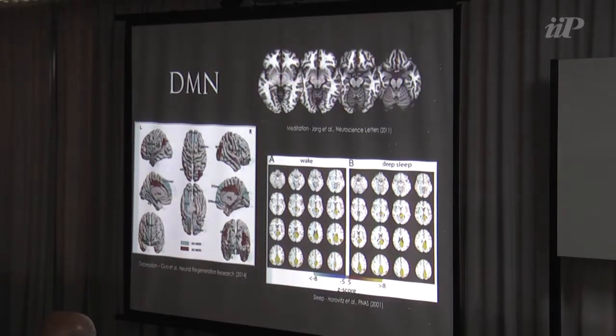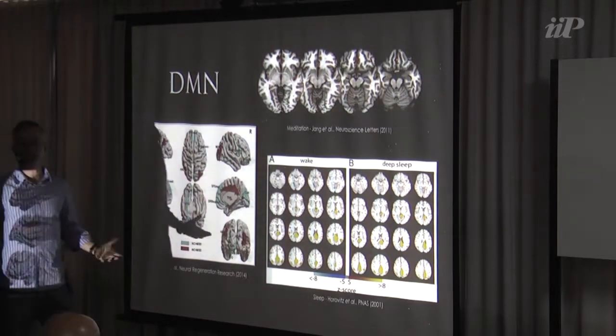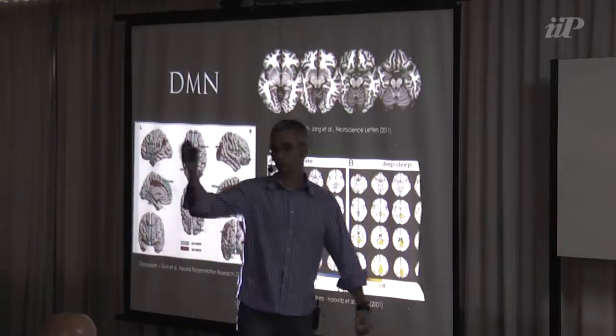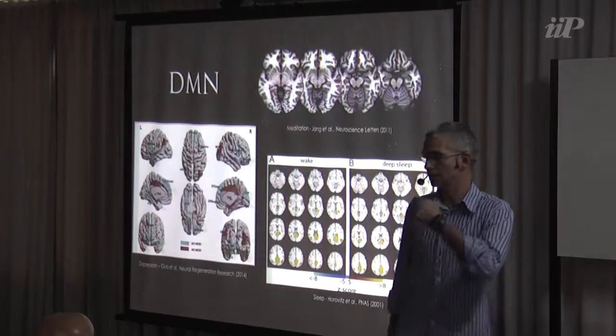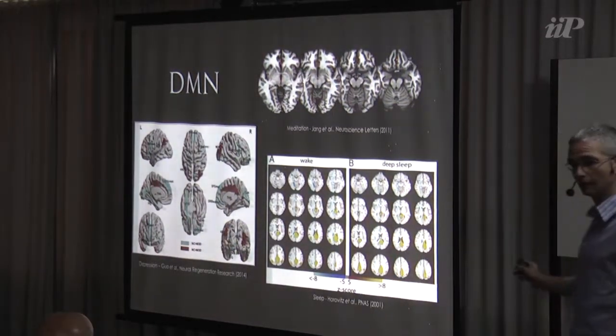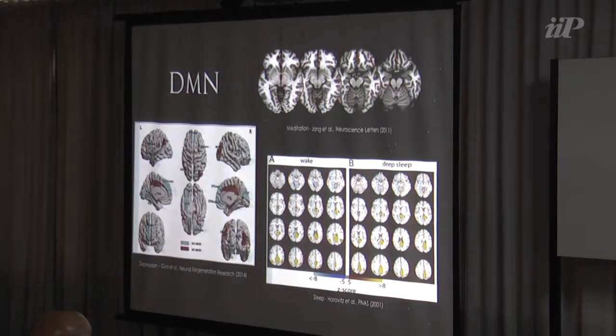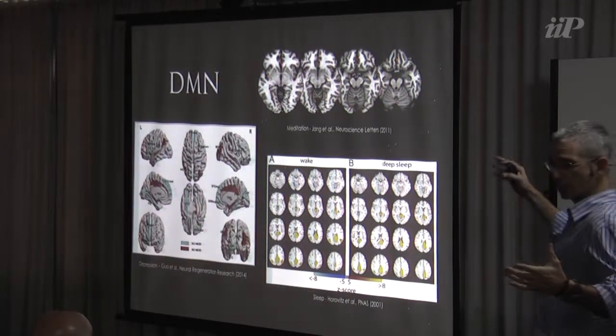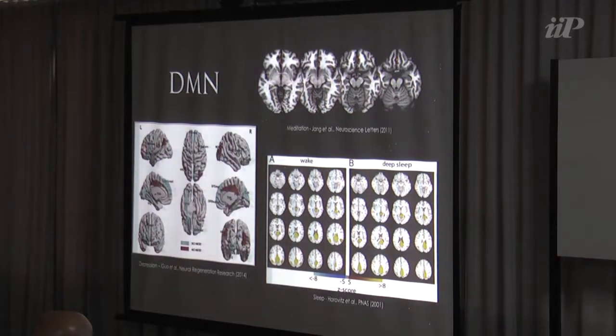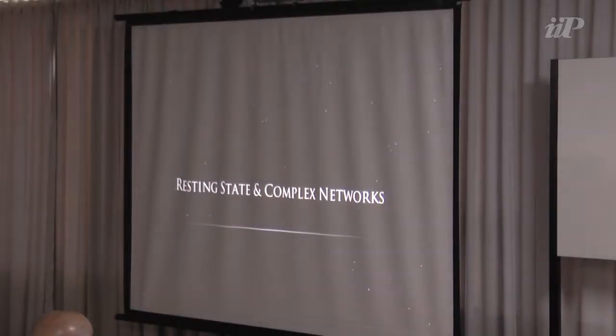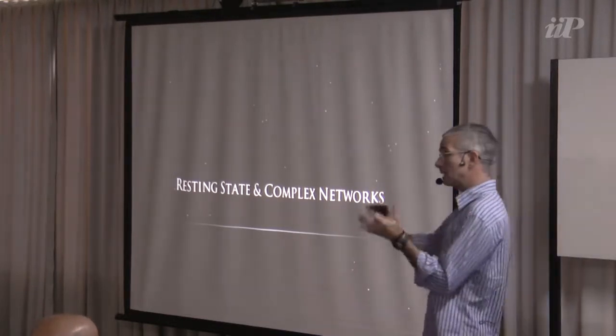And then this structure changes with meditation. This structure changes with ayahuasca. We've just shown that it changed with ayahuasca. It changed in different diseases, like Alzheimer's and schizophrenia. This has also changed in different sleep stages. This really opened a new perspective, a way to look at the brain as a complex system.